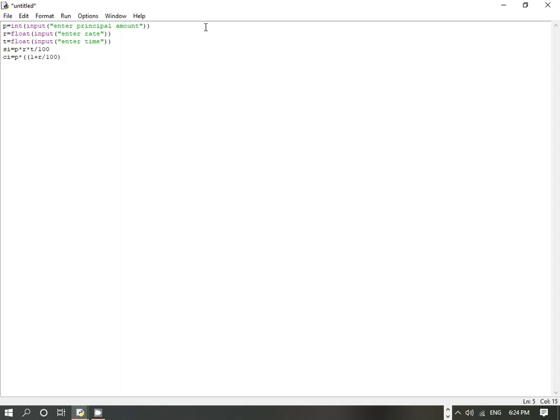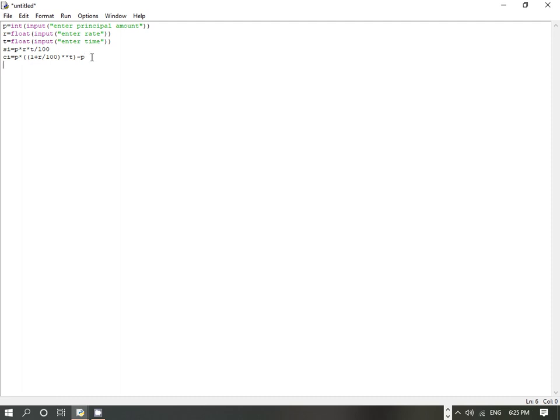To the power of N can be written by using 2 stars, to the power of N, that is T. N is the time, and then we can subtract the principal amount to get the compound interest. So this is your formula for compound interest.